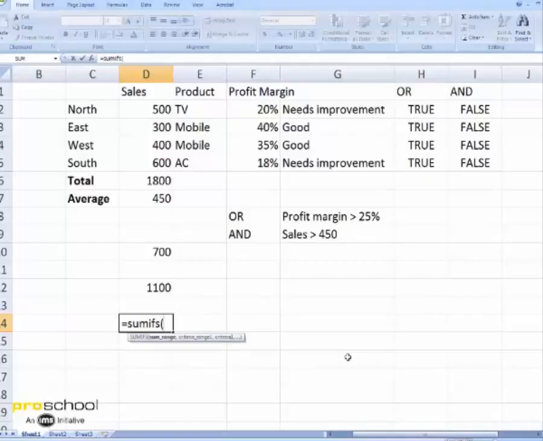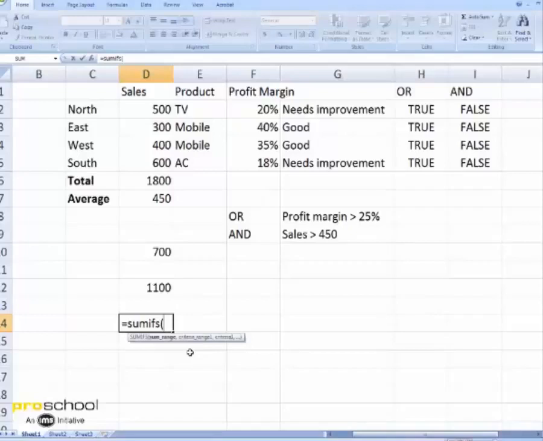So in this case you could say that I want to add up the sales for the product being mobile and the profit margin being greater than 30%. Let's say. So you are checking two criteria, the profit margin and product, and then you are adding up sales. So in that scenario you would use a sum ifs because you want to check multiple conditions and then do the addition.